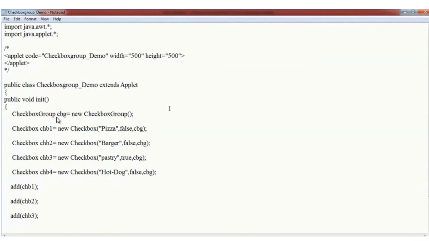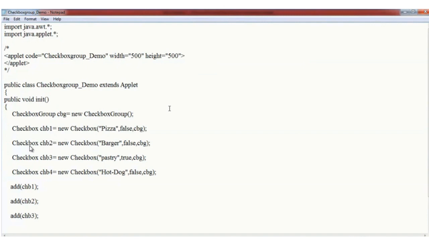Then we are creating the four checkboxes, that is Checkbox chb1 = new Checkbox("pizza", false, cbg). It means we are creating the first checkbox. The name of the checkbox is pizza and the value is false. By default the value of checkboxes is false, comma cbg. Here cbg is the name of the object of the checkbox group.